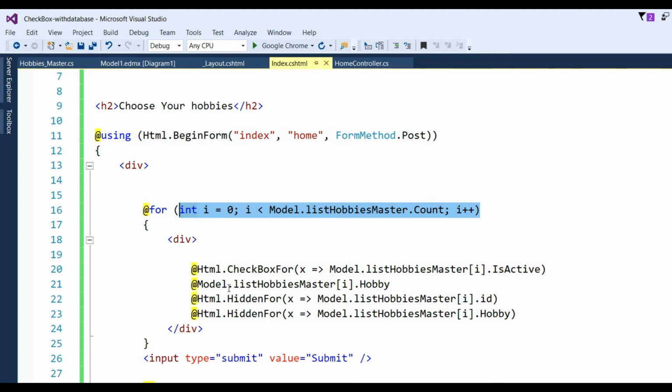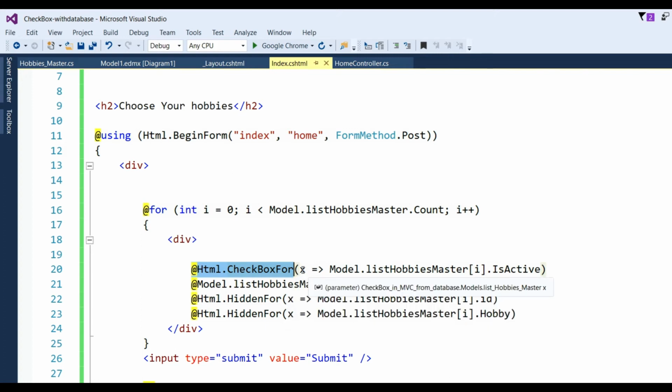Now I have put one div after that and written some code like Html.CheckBoxFor, with the lambda expression x => x.Model.ListHobbiesMaster[i], and I choose whether it is checked or not.